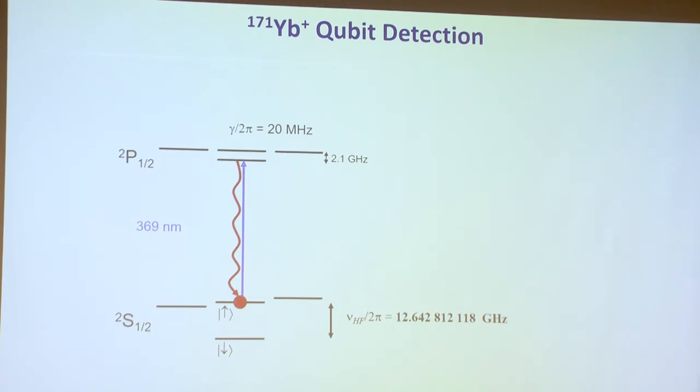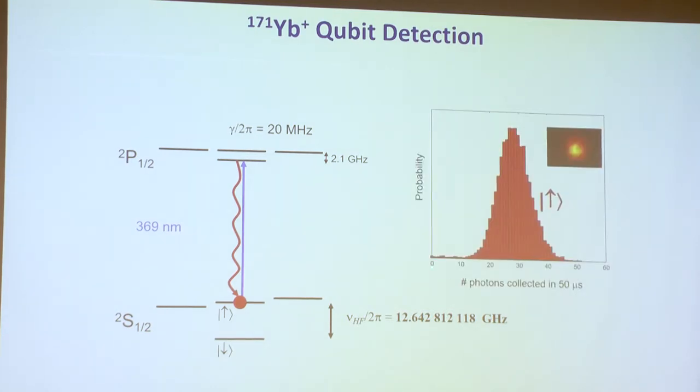Now, for you atomic physicists in the audience, it can actually leak to these levels, but we can clean that up easily. So just pretend that it goes up and down many, many times. And even though there's one atom, it produces a pretty sizable signal. This is a histogram of a single atom prepared in spin-up. After a few hundred runs, we've collected the fluorescence after a certain integration time. We see roughly 30 clicks, almost 1 click per microsecond on the detector. You can see there's kind of a Poissonian distribution. It's a little broader than that.